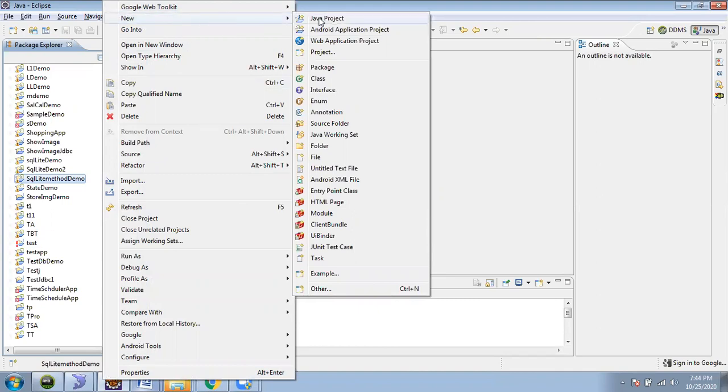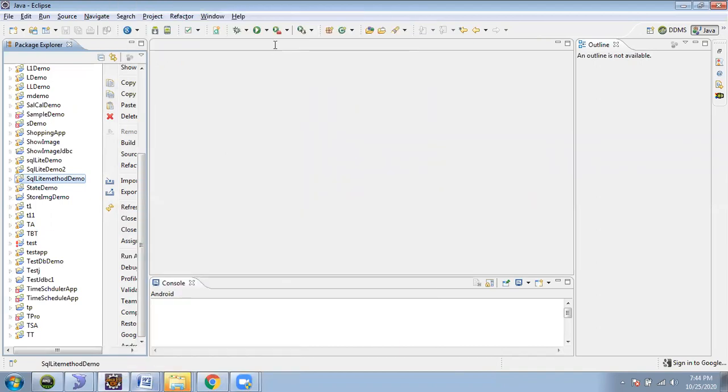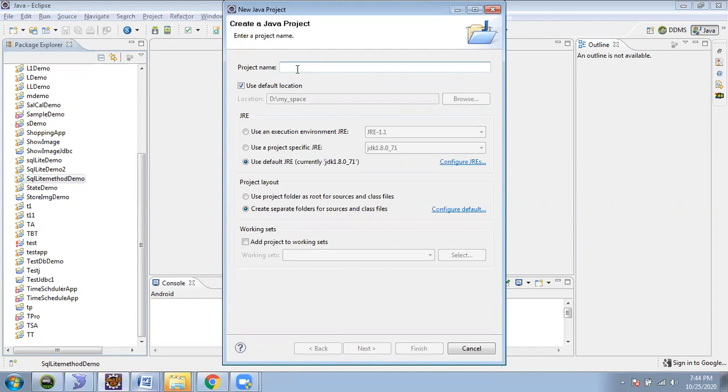I'm creating one project of Java flavor. We have different flavors. You can see three at the top of this window: Java project, Android application project, web application project. What I need to select is Java project. We have selected the flavor called Java project, a core Java project. Basically, I'm trying to teach you how to retrieve the binary image from the database. For that purpose, I will use one method called getBlob. So we will see that.